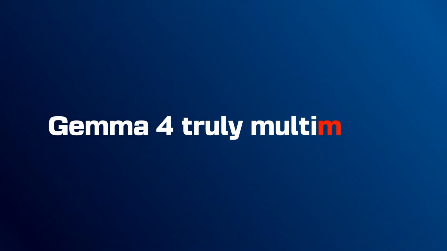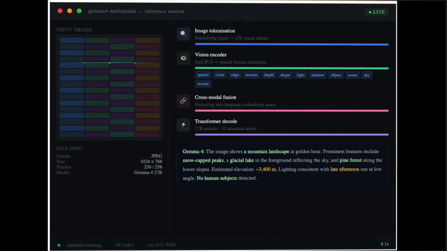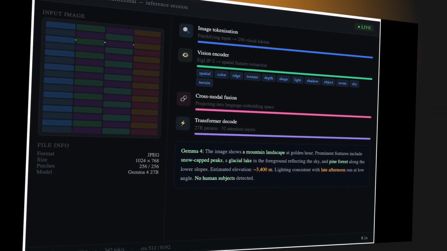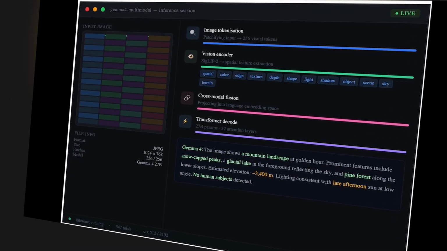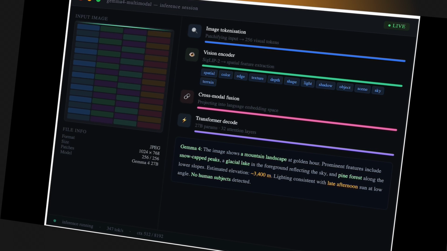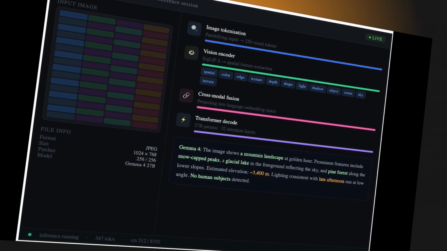Now let's talk about what makes Gemma 4 truly multimodal. All 4 models in the family natively process both video and images. This unlocks OCR, optical character recognition, chart understanding, visual question answering, and so much more, all running on your